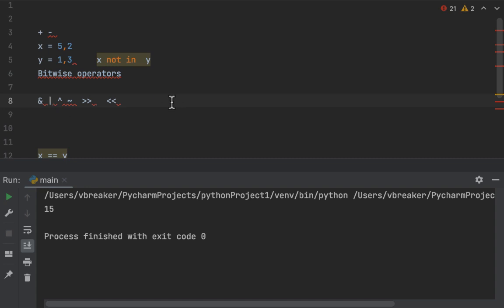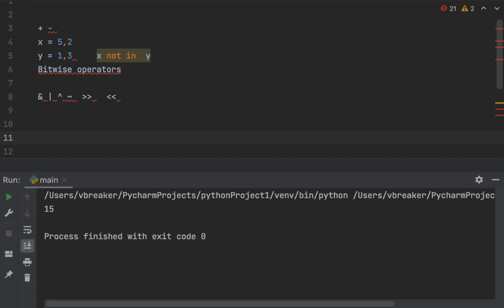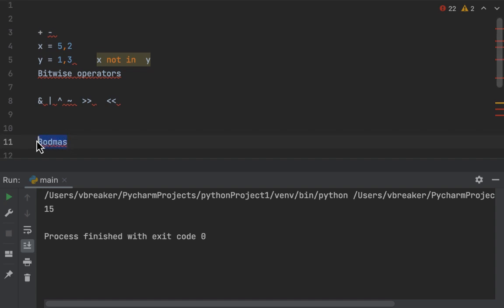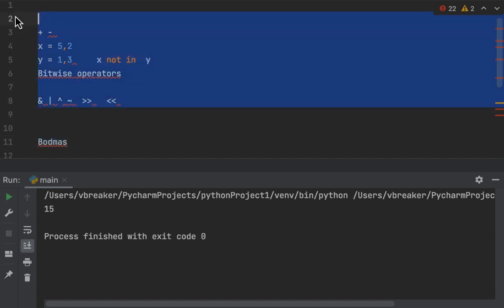Yeah. But what we also need to know is what we call operator precedence. What this does is, back in high school, we talked about what we call BODMAS, which means bracket, of, division, multiplication, addition, and subtraction. So this is what we call the operator precedence, which means, let me delete this,